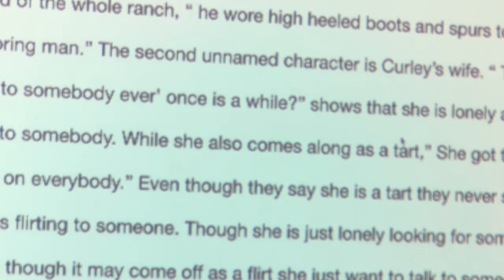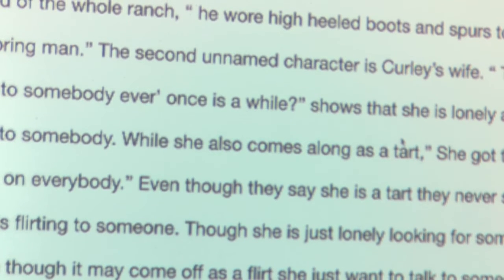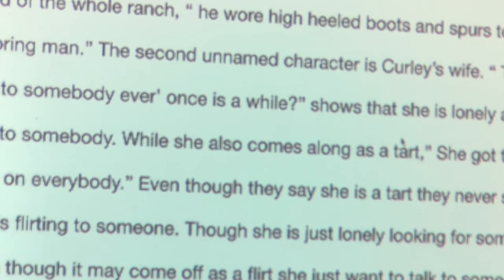Only capitalize Curly, do not capitalize wife. Now, you have to follow your outline. You cannot, in your paper, start off talking about Curly's wife and then talk about the boss. No, no. The outline wants you to talk about the boss first and then Curly's wife in this one paragraph.